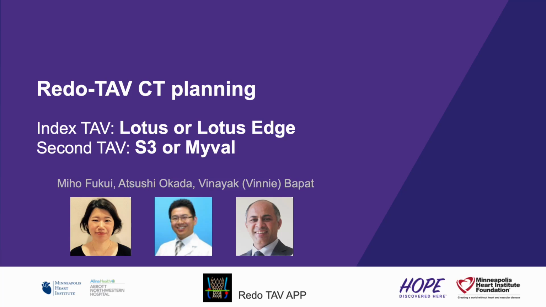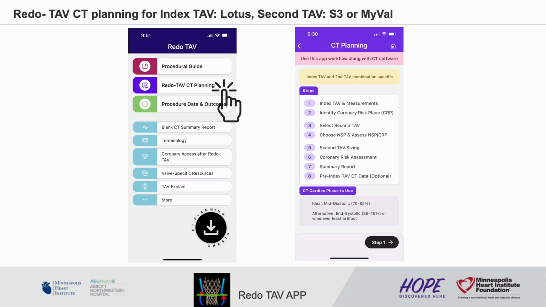This video shows you how to do pre-procedure CT planning using the Redo TAV app. For index TAV is Lotus, and second TAV is SAPIEN 3 or MyVal. When you click Redo TAV CT planning on the home screen, first you will get the overview of all steps